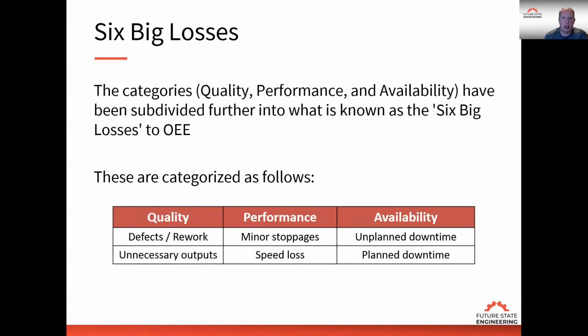Next is speed loss. We're looking at, again, the standard. What is the standard, and are we producing to the standard, or have we slowed the process down for some reason? I see a lot of slowing down because I don't have a pile of work in front of me, or the work expanding to the time available. For example, Parkinson's law: work expands to the time available. Third is availability, which is unplanned downtime. We have breakdowns that happen, or planned downtime that is taking time off the equipment. So these are the big six losses.